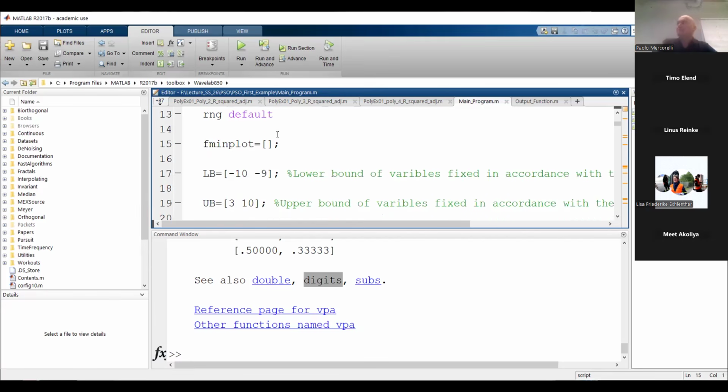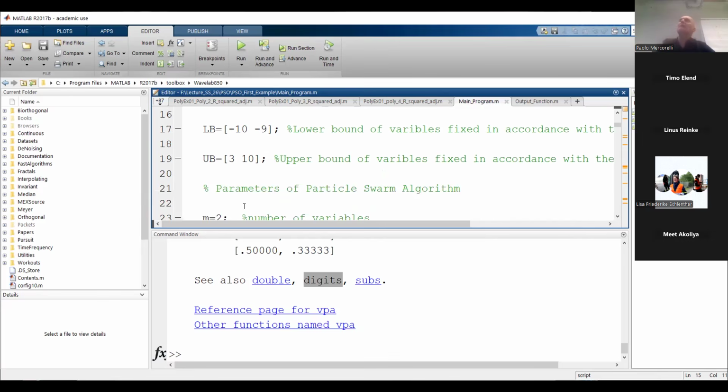Line 15 is basically a line which states a vector. We will use it at the end, without dimension. I mean, theoretically, I put here an unlimited number of elements. Unlimited means until the overflow of the machine. LB and UB. Do you remember the concept of LB and UB? The concept here is related